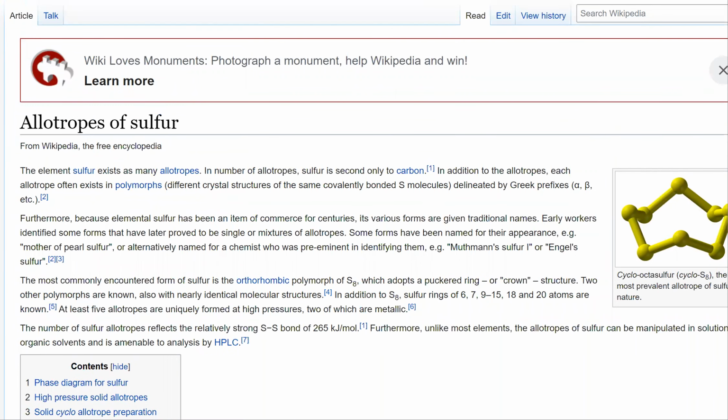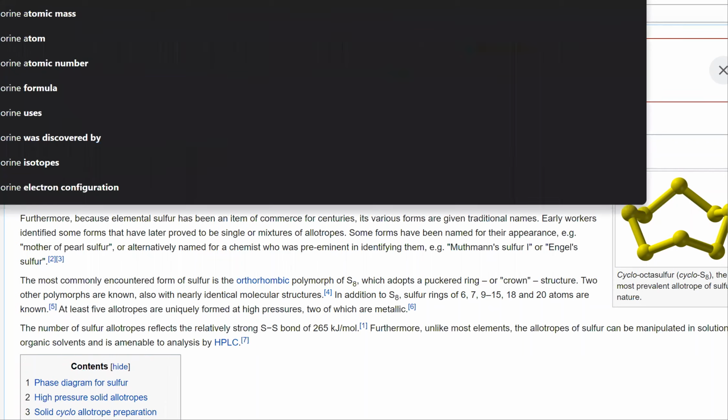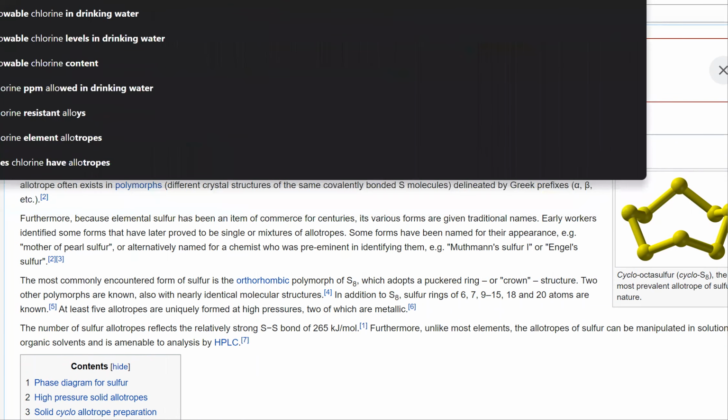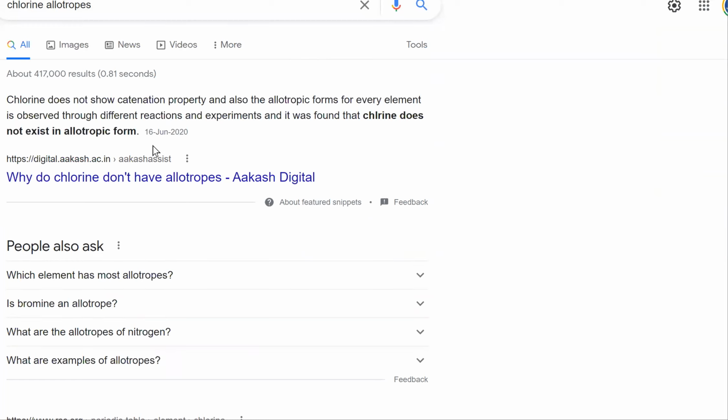Yes. Yeah, chlorine is the one that I don't think has a lot of. I mean, atoms that make many bonds, like carbon makes 4 bonds, can exist in many different forms. I don't think chlorine has a lot of allotropes actually. I mean, the most common one is just Cl2, but I don't think... yep, it does not exist in allotropic form. So chlorine